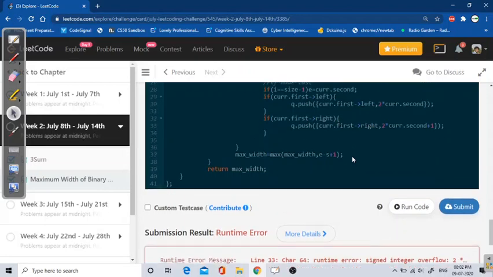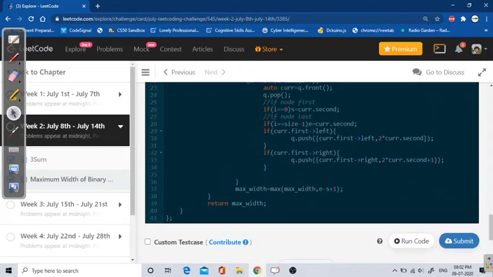Why is it happening? Because see, what I am doing is every time I am multiplying my indexes. Let's suppose the last value of my integer range is my i here.